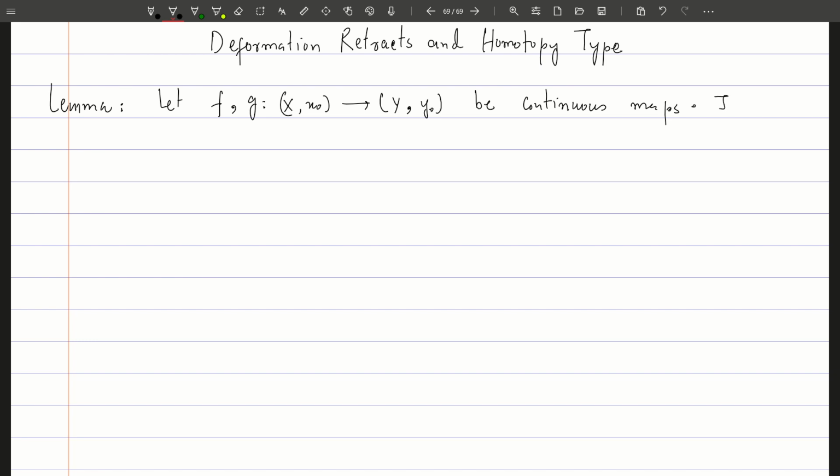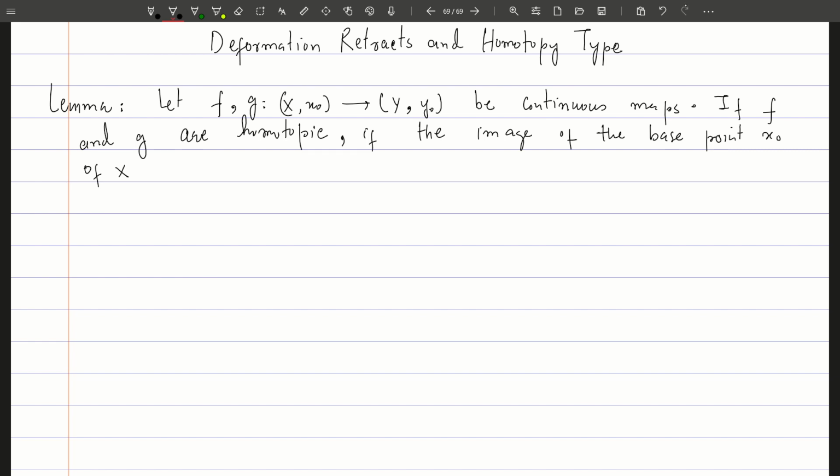So if f and g are homotopic, and if the image of the base point x naught of X remains fixed at y naught during the homotopy,